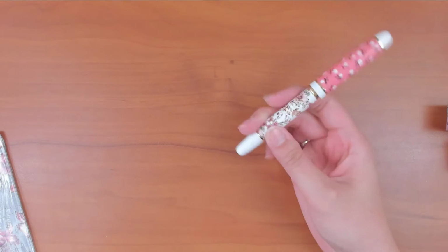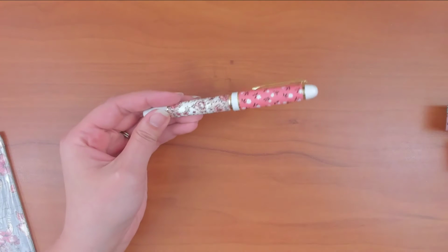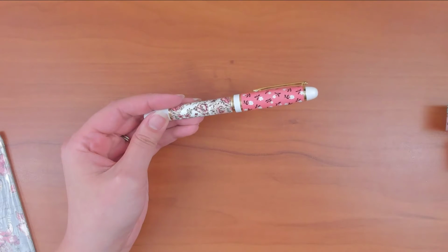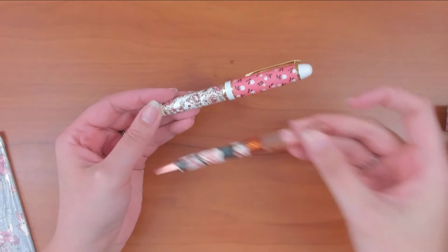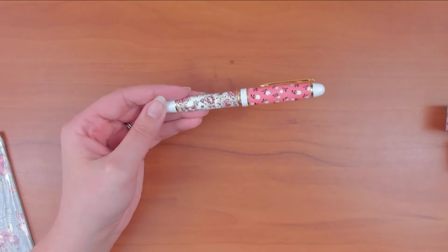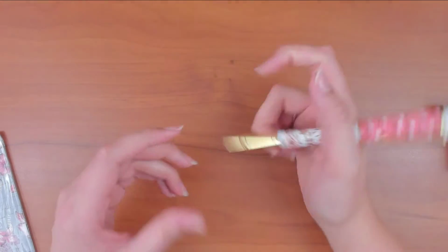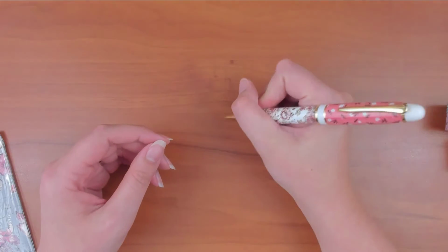Alright. Next up, real quick, we have the pin, which I feel like is very large compared to previous Planner Society pins. We've been getting ones that look more like this. You can see the difference. So I feel like this is like a fat pin. Okay, so, yay, it fits on the top. Ooh, I feel so,